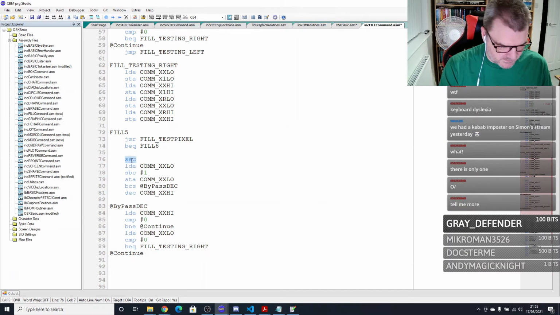So we're doing this, so it's clear carry, add 1, branch if carry clear to ink pass by ink,